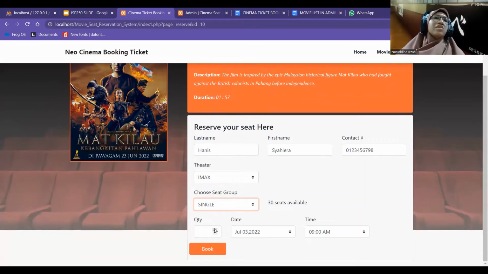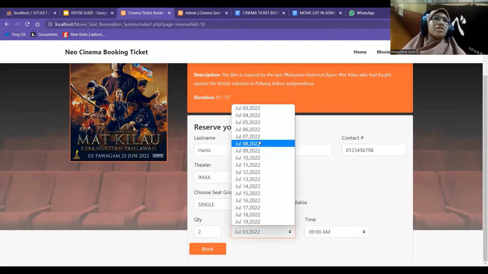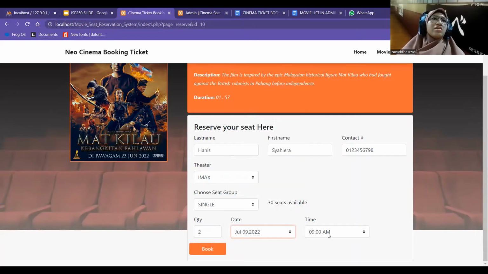By choosing whether single or twin, it will pop up the number of seats that are available right now. So they can choose the quantity, insert the date, any date they want, and the time.